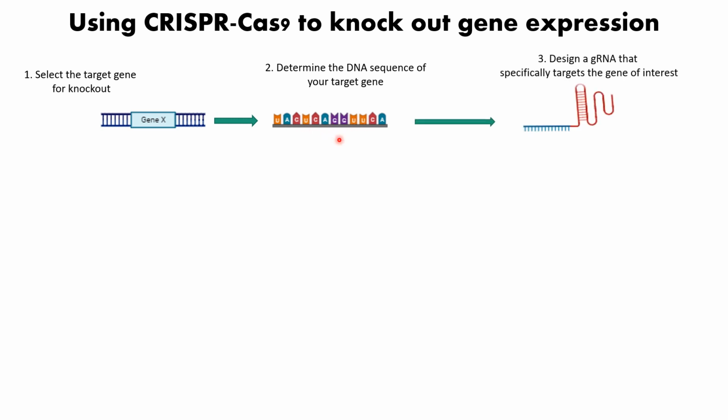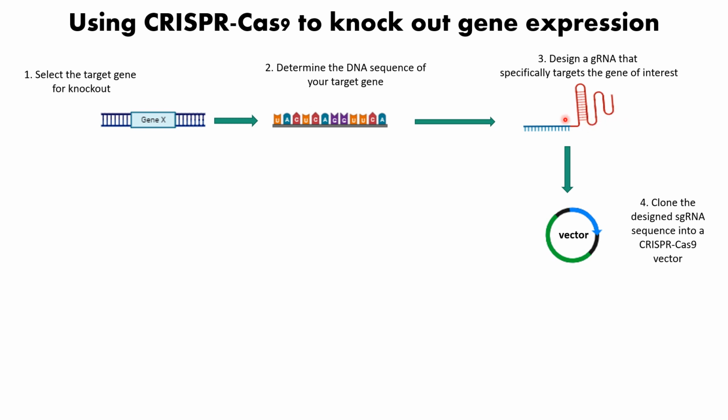Once you do that, you will be able to design a guide RNA that has a specific sequence that is complementary to the DNA sequence of your targeted gene. So the guide RNA will be guided to that specific sequence. Once you design the guide RNA, usually in the research field, you send the sequence of your gene of interest to a specific biotechnology company, and they will just make the guide RNA for you and then